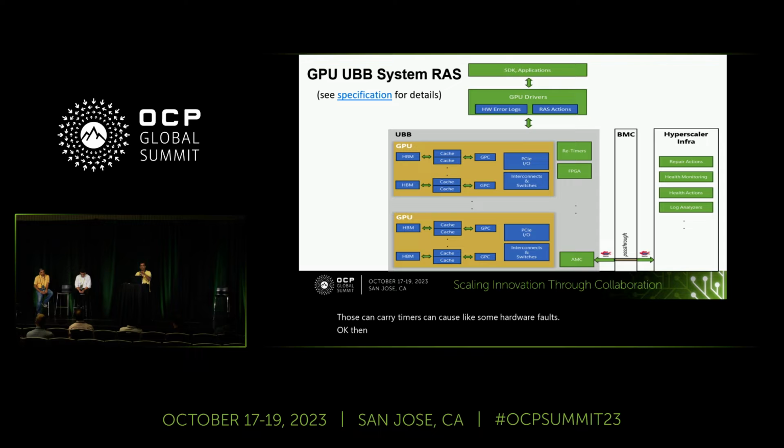Then when you want to harvest this data and take actions on error logs or some RAS features. RAS means reliability, availability, serviceability features. The silicon provides, the firmware provides. You take some actions on this data to manage that cluster. Some of the typical actions are to run some field diag checks, and predict errors before they happen using correctable errors or temperature. You set some rules on those, okay?